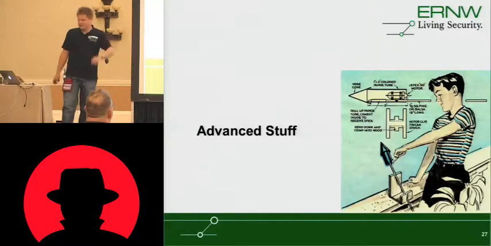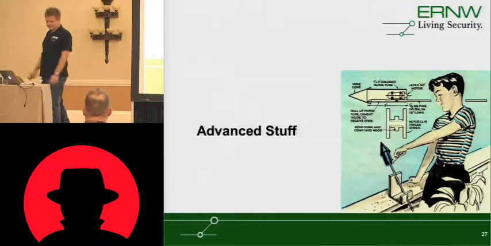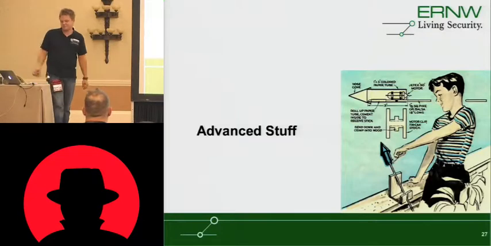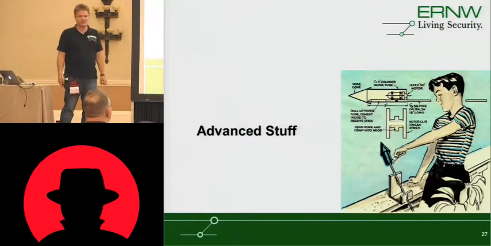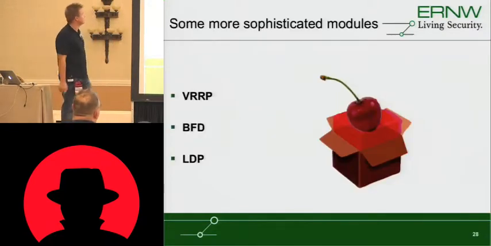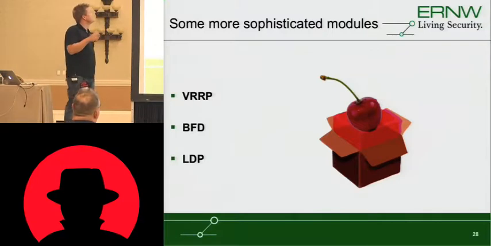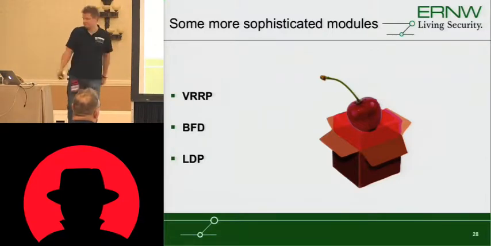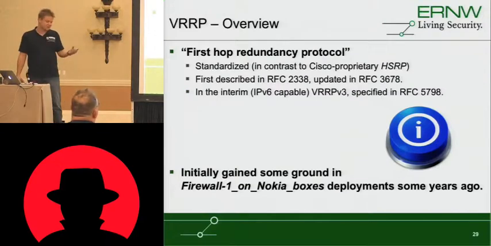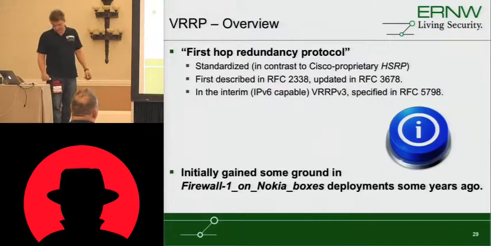So there's some other, more advanced stuff we also implemented in Loki. Let's say some additional protocols, not only routing protocols, like VRRP, BFD or LDP. I will tell you something about the first two. So VRRP, maybe some of you know this, it's just some kind of first hop